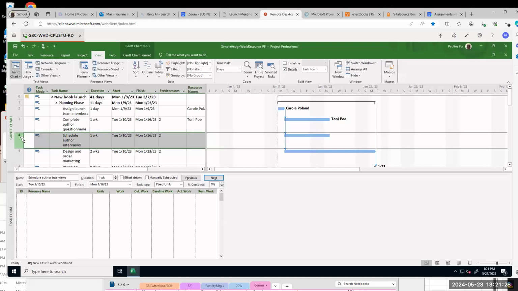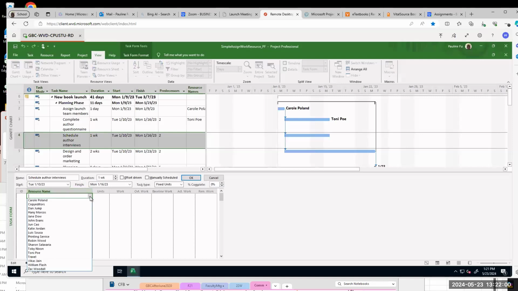And then where is Juncao? Oh, resource name, click resource name. Here you have a down pointing arrow.